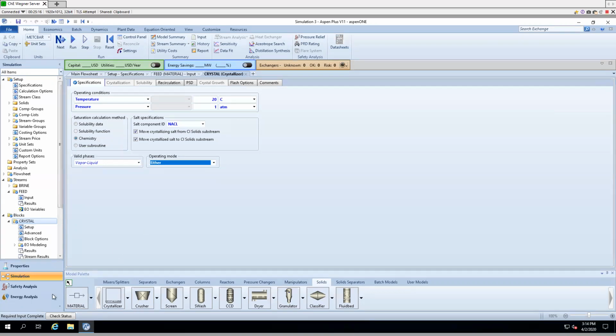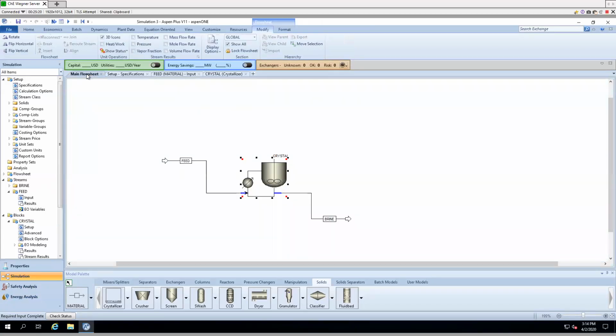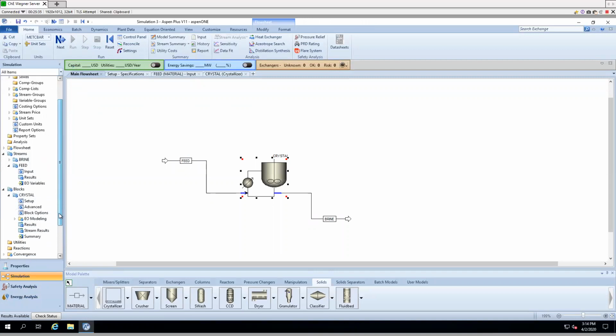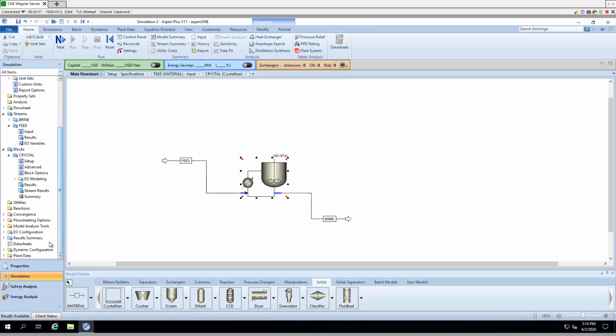So if we see at the bottom left here, it says required input complete. We are actually completely ready to run our flow sheet. So if we go to home, click run. It's going to think for a second. And we see that everything here turned this nice light blue. That means we have good data. So if we go under here at the bottom, results summary,